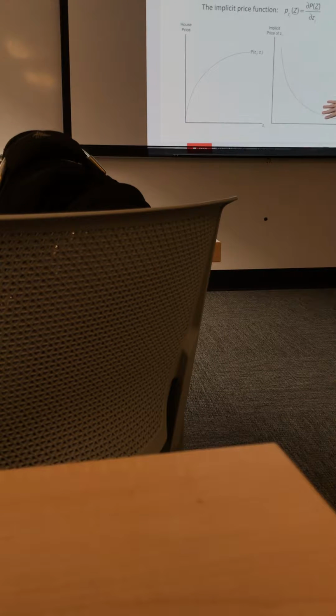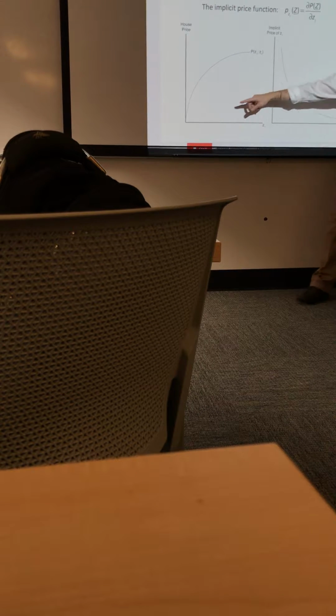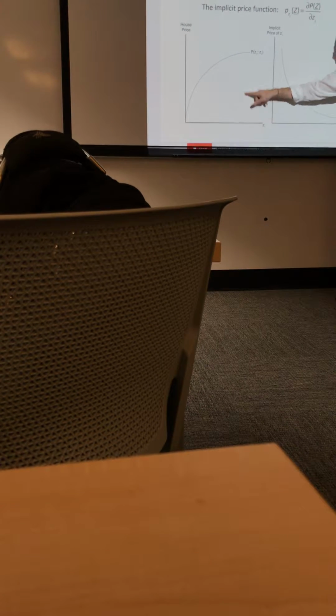So I still haven't really introduced any economic theory, but hopefully the idea makes sense, that you're willing to pay a little bit more for a house. Here you're willing to pay quite a bit more to get nicer air when your air is horrible, and when your air is pretty good, you're not willing to pay that much more. All right, so it's a diminishing marginal utility of nicer air.